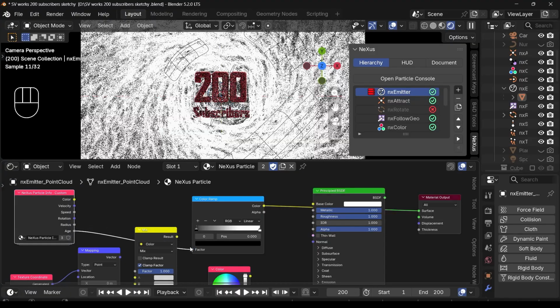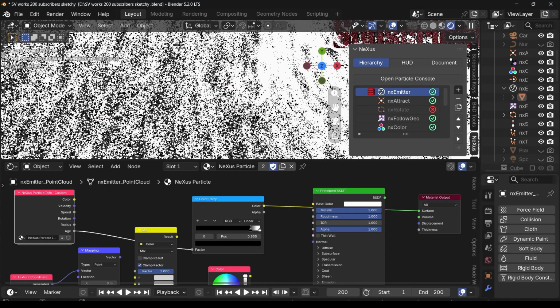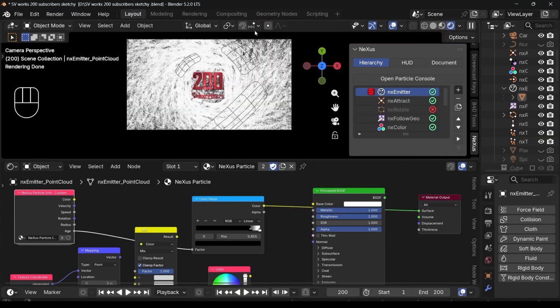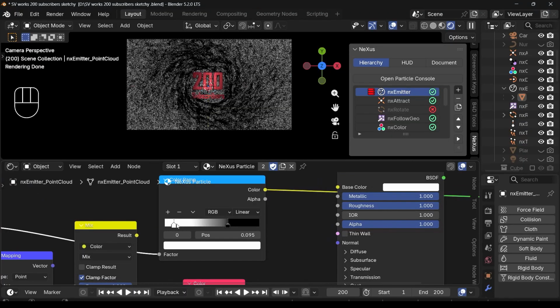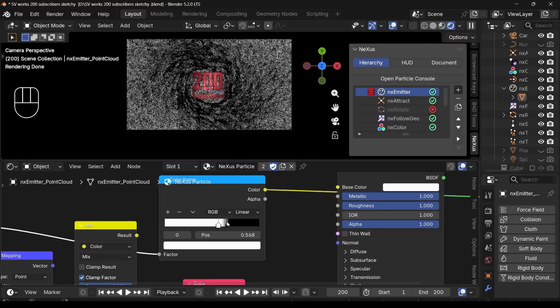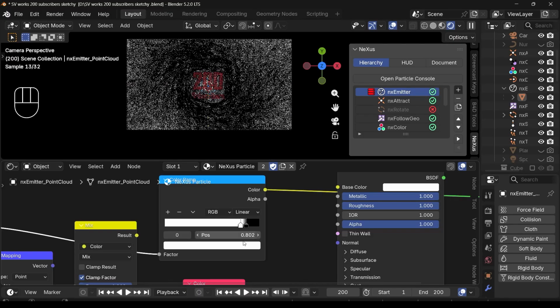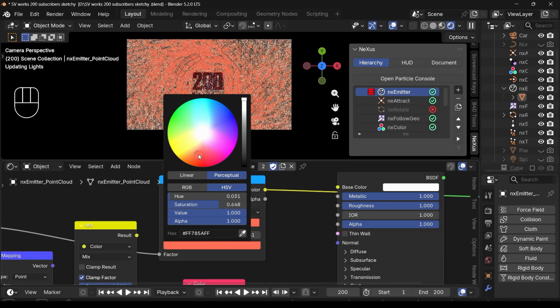Because if I take this, we are getting something in reverse. We are getting these colors, not in the middle color. So let's just have something like this. Instead of black, let's use something like